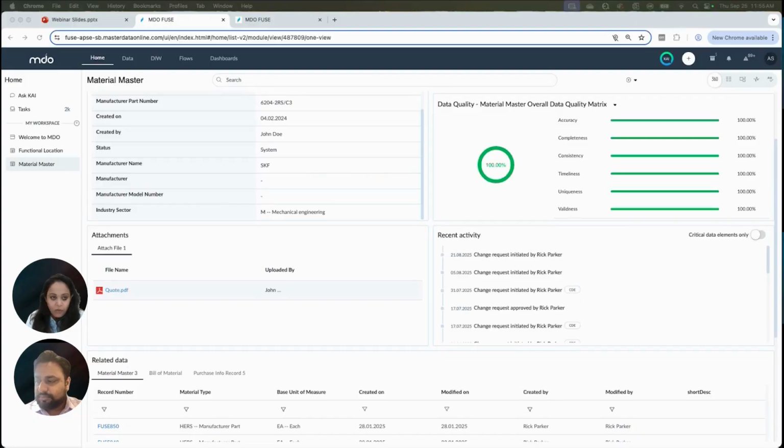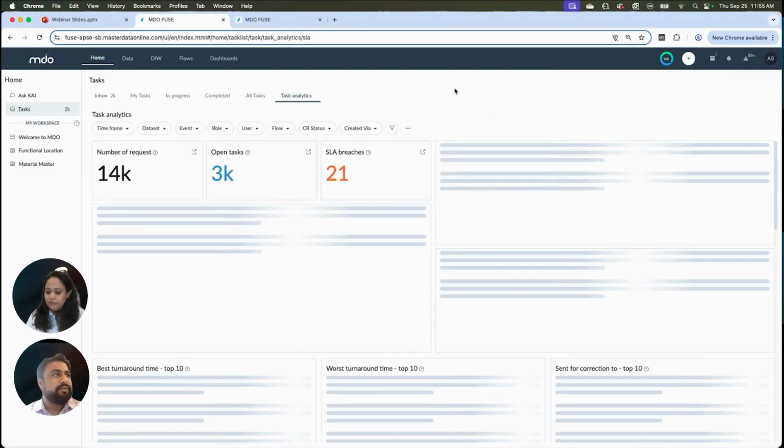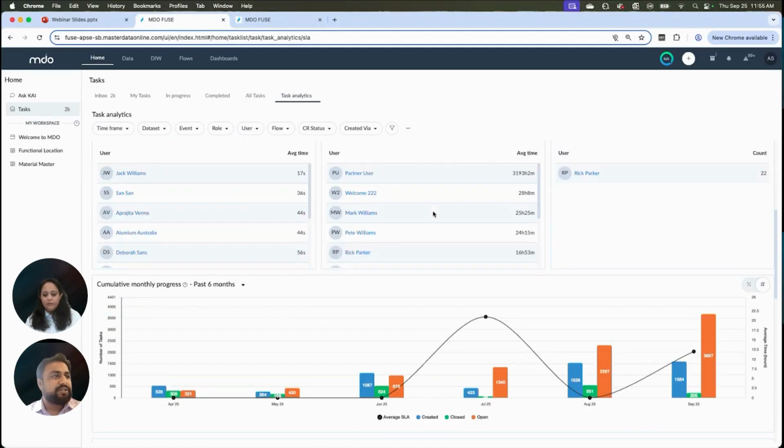A couple more questions, Akshay, and we are very close to the end time. Beyond SLA compliance, can task analytics show process improvement trends? Yes, correct. As we went into task analytics, we had the view of how my data is moving on a monthly basis for every role, specific inputs.